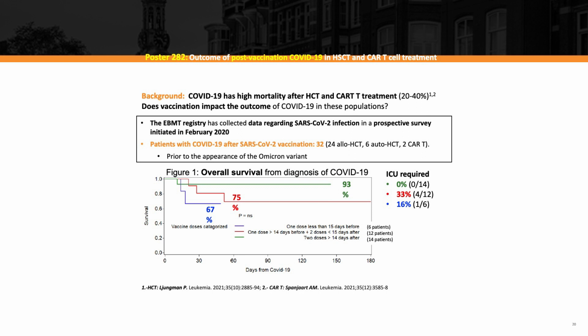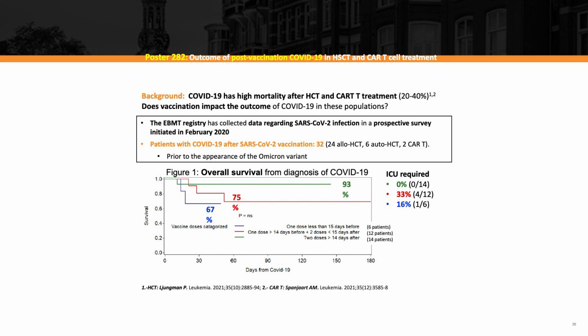patient population? So, as you know, the EBMT has a registry that prospectively includes all the patients who have SARS-CoV-2 infection or disease. And we also look at how many of those had a vaccination, with infection or COVID after vaccination. And we look at what the outcome was. We found 32 patients: 24 allogeneic, 6 auto, and 2 CAR T-cell patients. And you can see that, even though it is not significant, because the numbers are quite small, that the patients